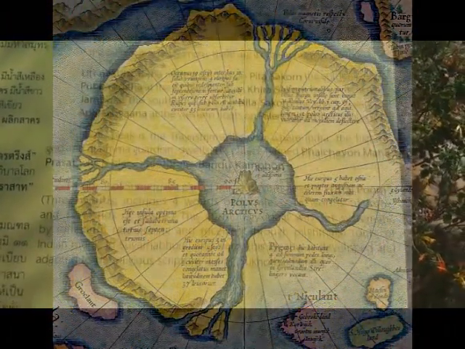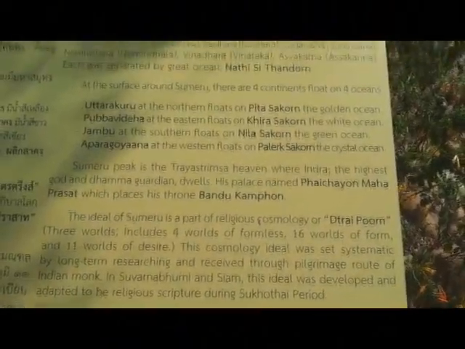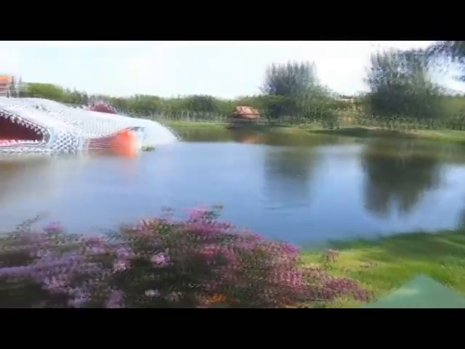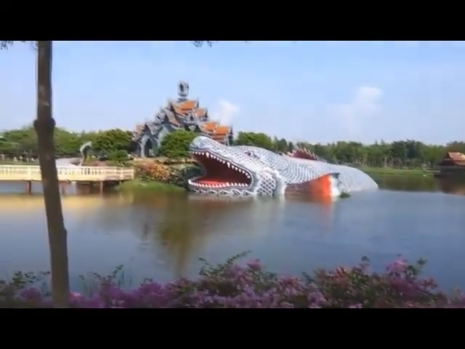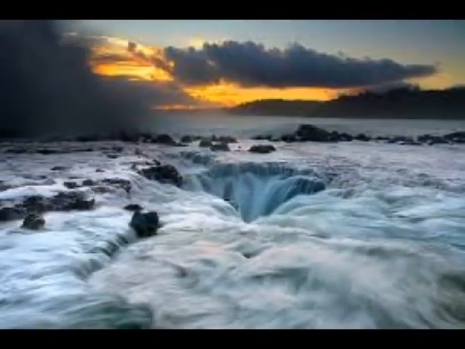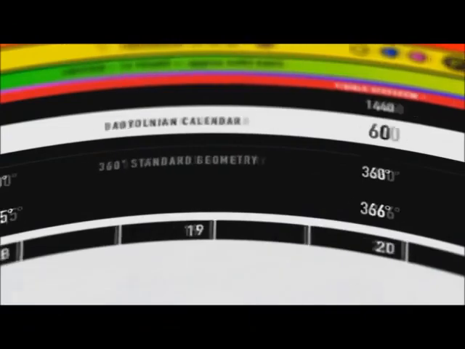However, this explanation alone fails to provide an answer for the regularity of tides coming in every 6 hours and going out alternately every 6 hours, to which these ancient explorers offer a possible explanation,